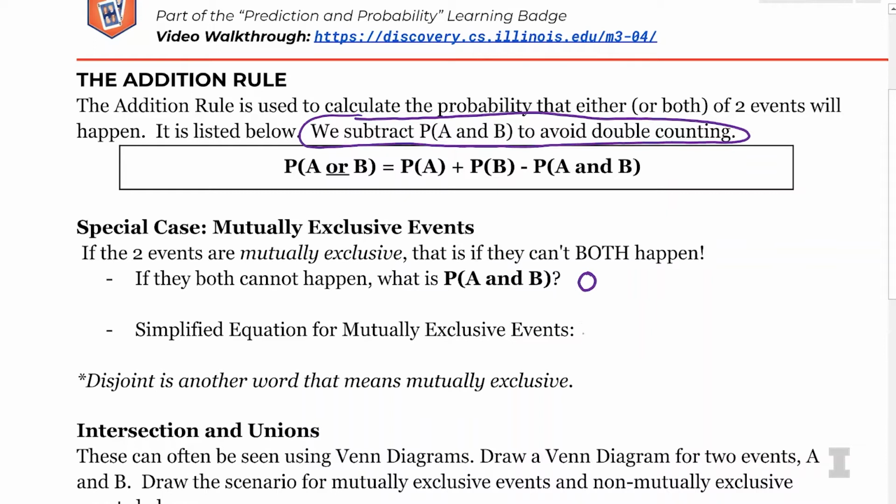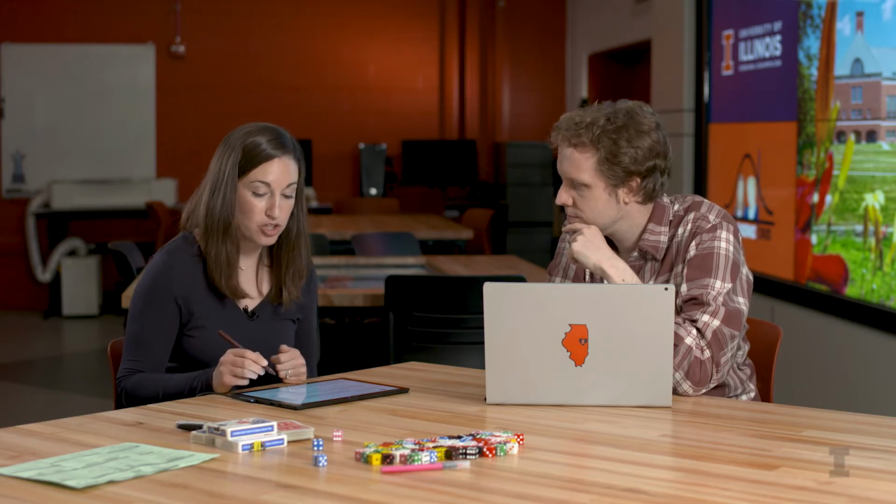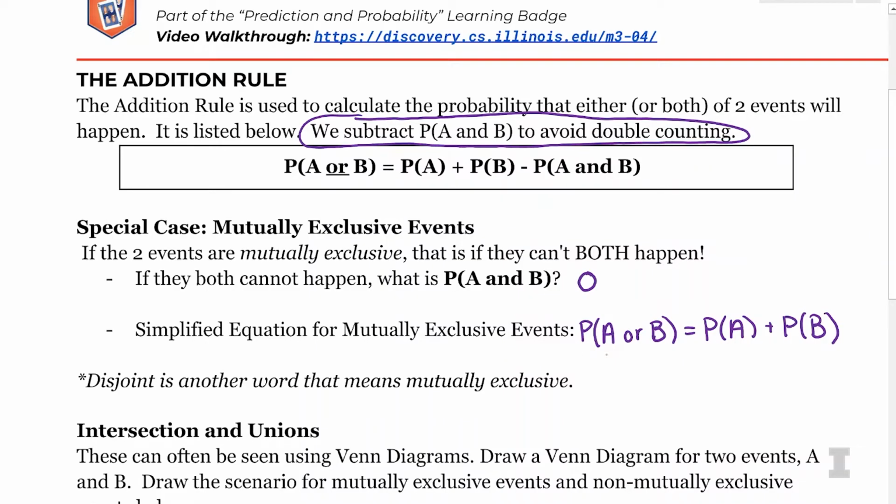So the simplified version would just be the probability of A or B is equal to the probability of A plus the probability of B. It's always good to check, are the events mutually exclusive at the beginning of any calculation? But just to be safe, I always add that last term so I don't forget it. And then if it's 0, just not include it. But technically, if you have mutually exclusive events, really the probability of A or B is just the probability of both added together.